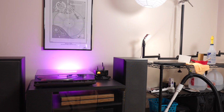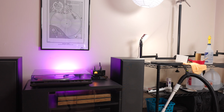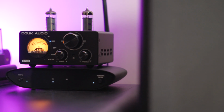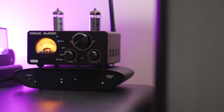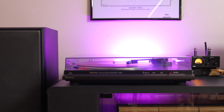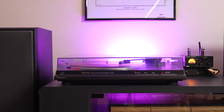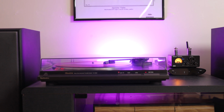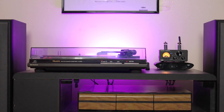However, I'm primarily using this on my second setup, which is actually right behind me in my basement here, near my cleaning station, and this is hooked up to the same Duke Audio ST01 tube amp, but the turntable is the Technics SL-QD33 automatic direct drive from 1986 with a Stanton L720 cartridge. This is coming out of some Yamaha floor speakers and a Jensen sub, and this is an extremely cheap used